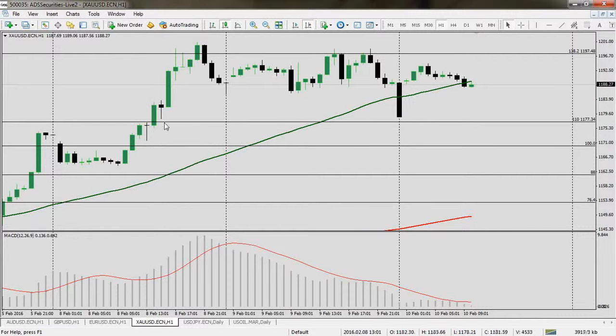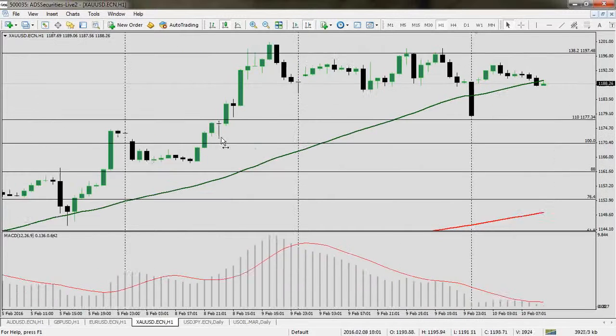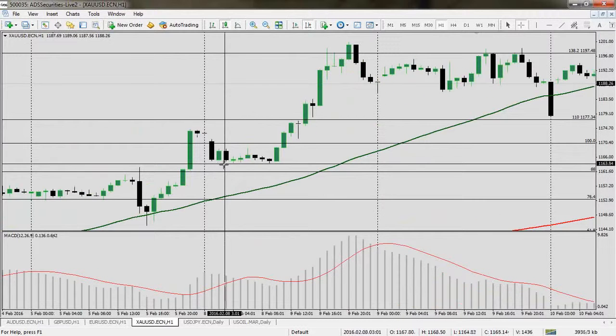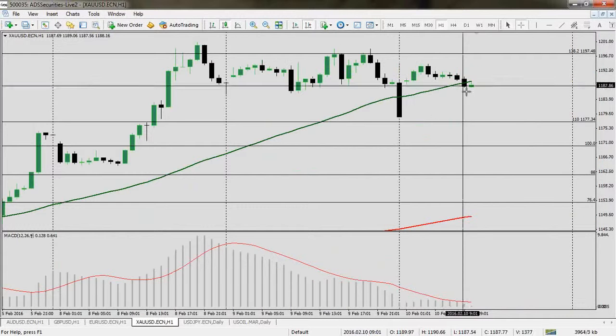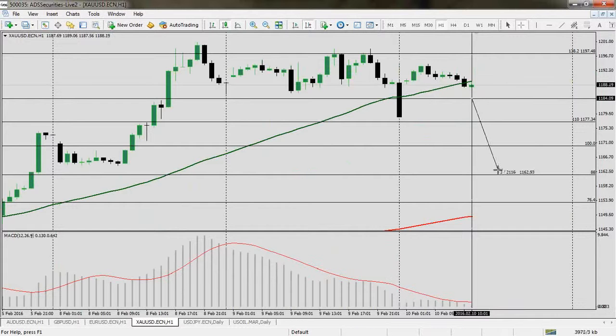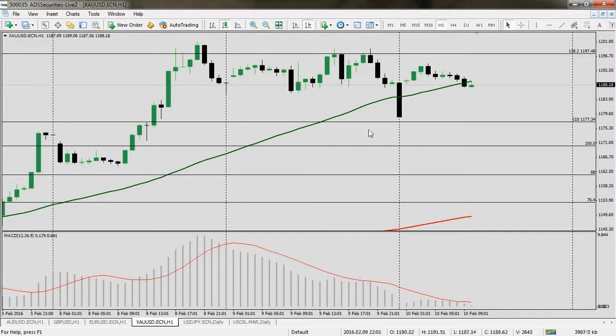And if that level is broken also, we will be looking for the 1,162 level. So from 1,185, we will be aiming for the 1,162 level overall, and that's a $20 per ounce drop in